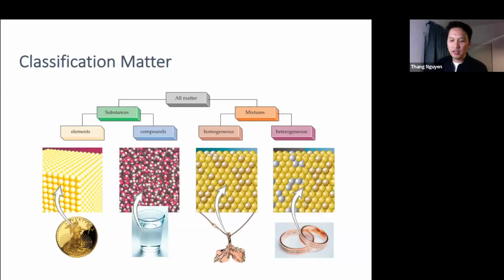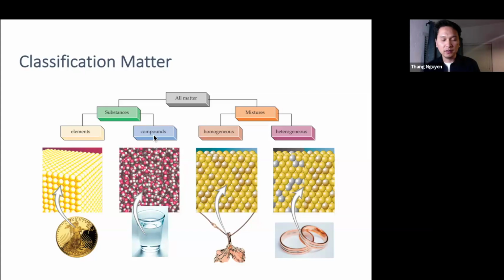We can further categorize matter into whether it is a substance, a pure substance, or a mixture. Let's first talk about substances, because you can break down substances into two subcategories. It can either be elemental or it could be a compound. An element just basically means it's made up of one single element, whereas a compound means that substance is made